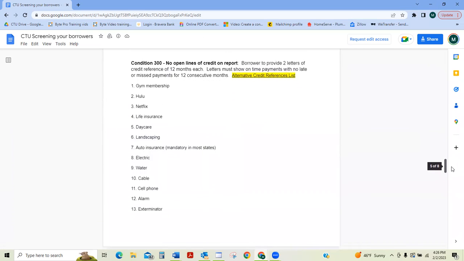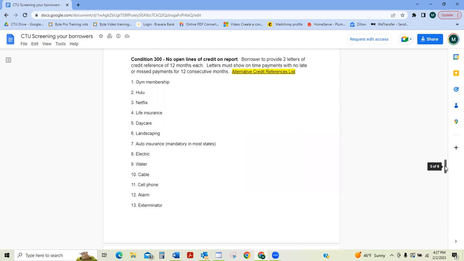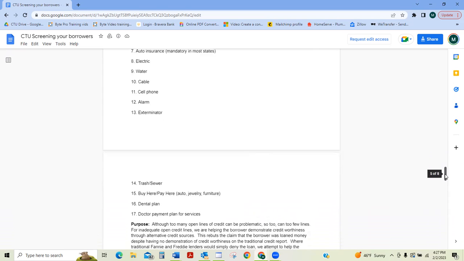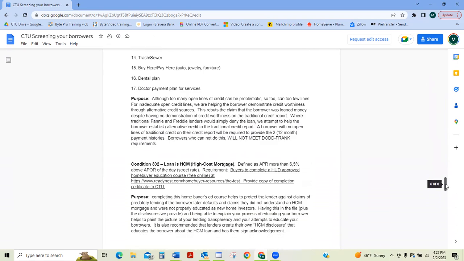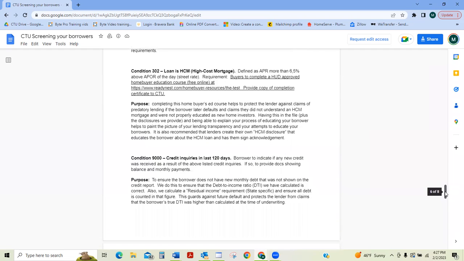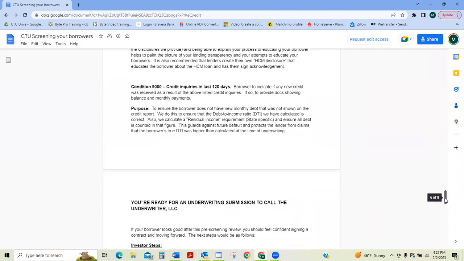Maybe you anticipate your borrower is not going to have any open lines of credit when we pull their credit report. If they indicate that when you ask them what we'll find on that report and they say, I don't have any open credit lines, then that's your key to pull out this alternative credit list and ask them if they could provide 12-month payment histories from things on this credit list. If they can't, if they have zero ability to show that they make any payments to anybody, they're not going to meet requirements. A couple of other loan conditions that might be on here you can look at,